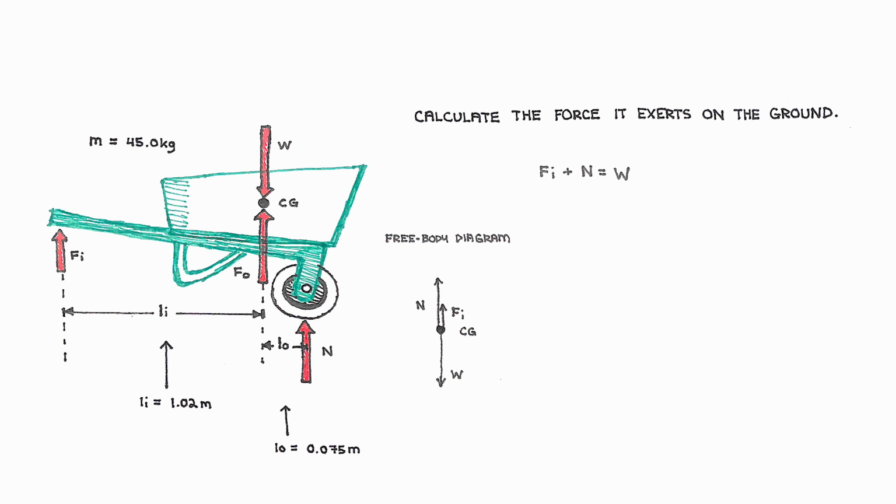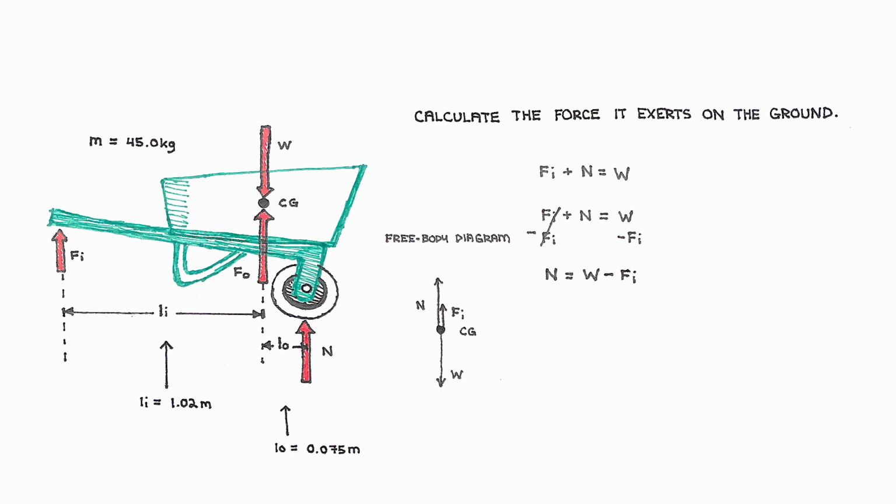Now, moving this equation around, since we just want to know the normal force, we'll subtract the input force from both sides, and we'll be left with the normal force equals weight minus the input force. Now, also remembering from the last slide, weight, we calculated it by using the second law of motion from Isaac Newton. That being,